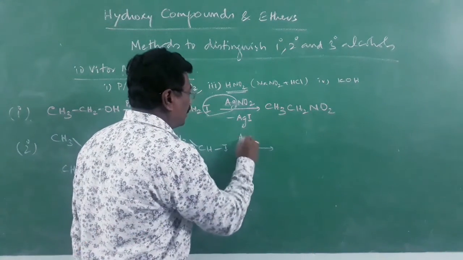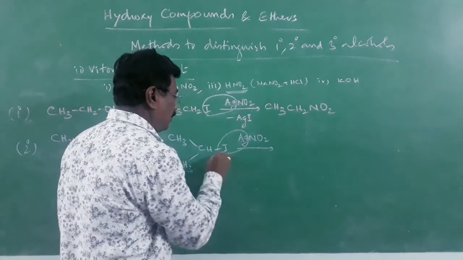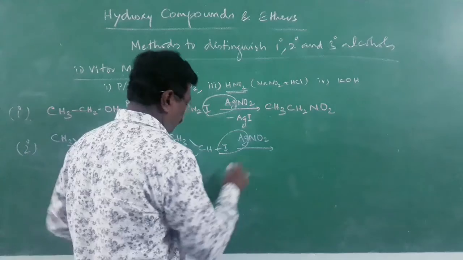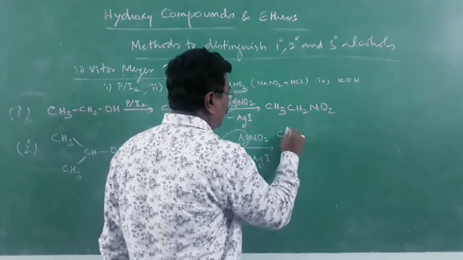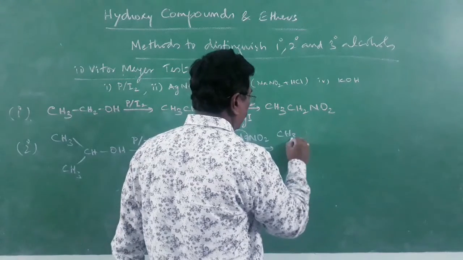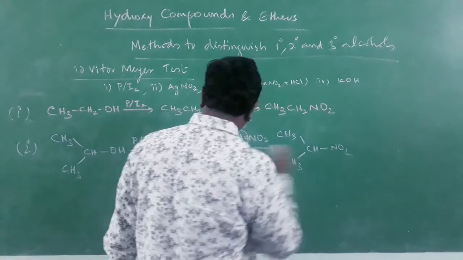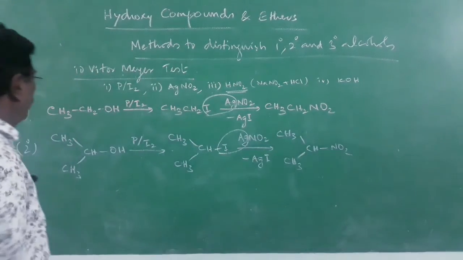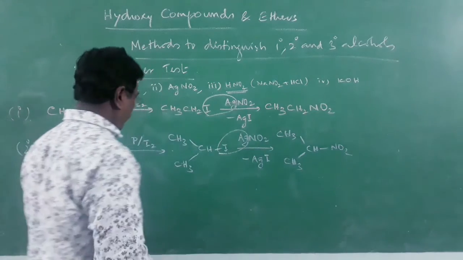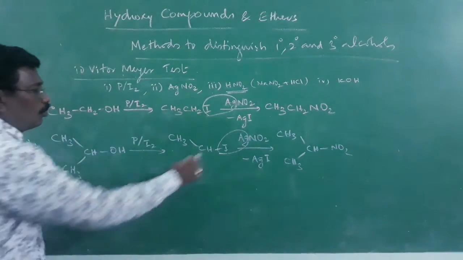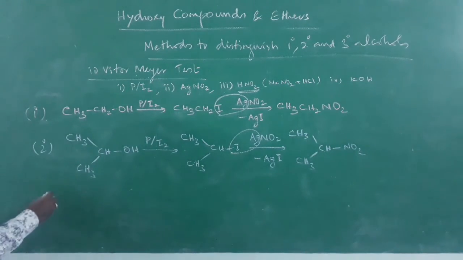When it is made to react with silver nitrite, AgNO2, again AgI will go off, minus AgI. We will be getting the product CH3CH(NO2)CH3. I is replaced by NO2. Ethanol, iodoethane, nitroethane. 2-propanol, 2-iodopropane, 2-nitropropane. Now, if it happens to be a tertiary alcohol,